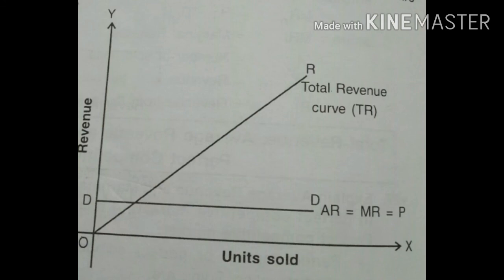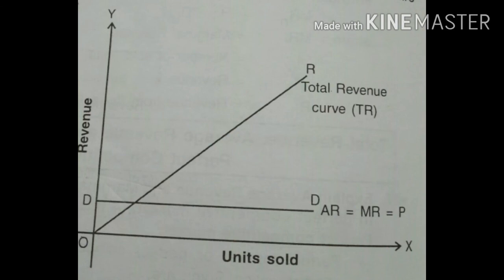Under such market conditions, if the price of the commodity is rupees 50, then average revenue and marginal revenue of the firm will also be rupees 50. In this diagram, you can see marginal revenue and average revenue are constant and the same. Then you can see one line, or curve, DD. All points on the DD curve show average revenue is equal to marginal revenue. Average revenue and marginal revenue curves are parallel to the x-axis as shown by the DD curve. Average revenue and marginal revenue curves have merged into one another, and since the values of both revenues are the same and constant, the slope of the curve is 0.